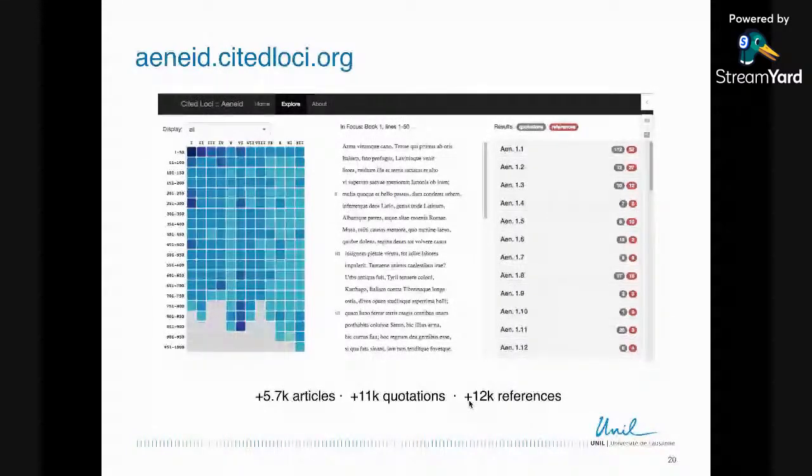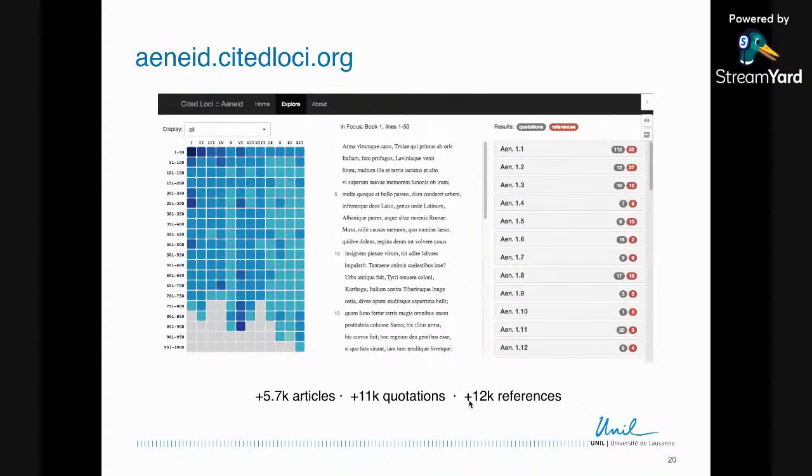It's a browsable interface, and you can try it out yourself online. It makes accessible over 5,000 articles, from which lots of references and also quotations were extracted. So not only the citation of the passage, but also the verbatim, word-by-word quotation of the N8, if there was any. This was in collaboration with the Jstor lab, so they did the part on the text reuse and quotation detection, and I combined it with my part on the references.